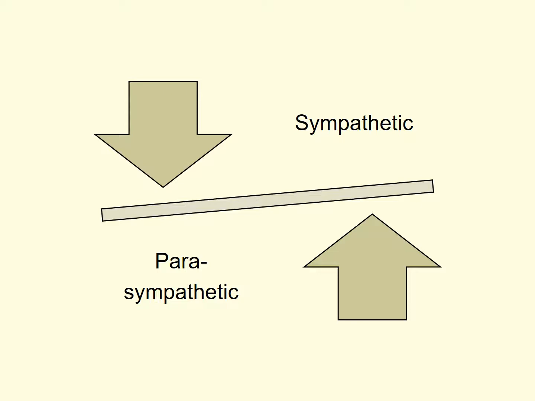So the extent to which your heart is speeding up versus slowing down, the extent to which your stomach is activating and secreting gastric juices, or deactivating and becoming more relaxed, will be a function of the relative balance between sympathetic and parasympathetic. Depending on what's going on overall in your body, or what's going on in the world around you that your body is responding to, it might be the case that from moment to moment the sympathetic branch is more in the lead, or the parasympathetic branch is more in the lead. But as a metaphor, we really think about them balancing each other out, minute to minute, hour to hour, day to day, across, well, your whole life.